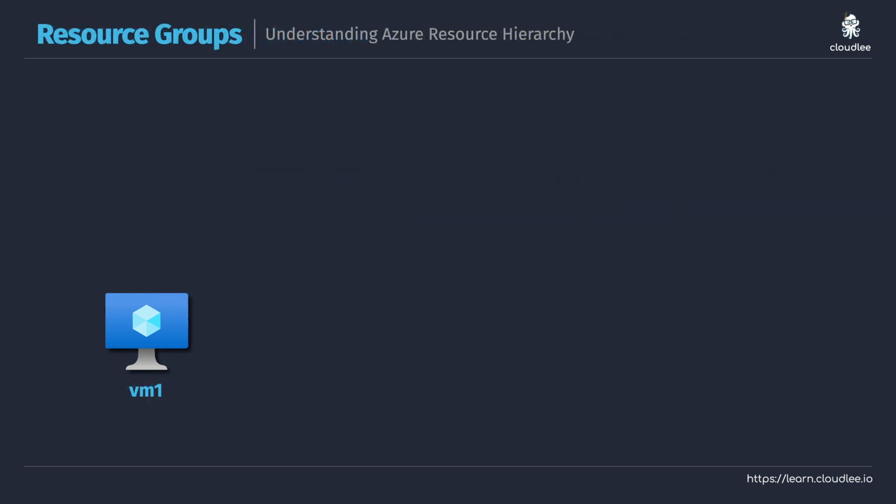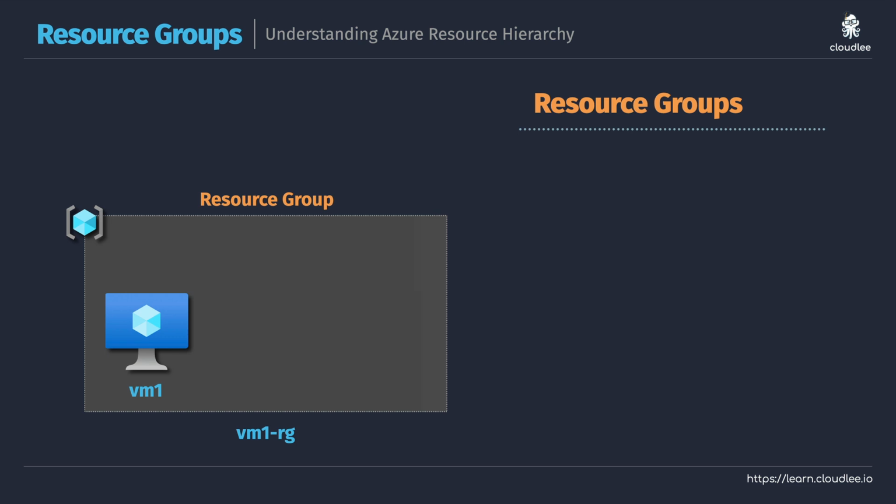A really important thing you also need to know about within Azure is that when you create this resource, you have to do so within something called a resource group. Every single resource you create within Azure has to be created within a resource group. This is something that you deploy your resources to. You can't have one resource that belongs to multiple different resource groups. It's kind of like this box that you drop your resource into, and that's it. It's not shared across multiple resource groups. There's just one resource group that you deploy a resource to.